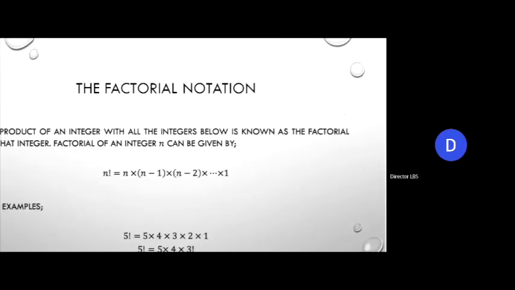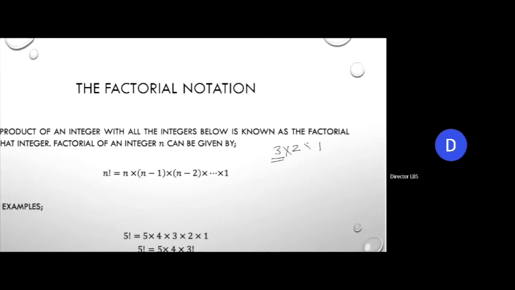Let's go ahead. जो एक mathematically function use होता है permutation combination में, one of the most important functions is the factorial notation. Now, what is factorial notation? The product of an integer with all the integers below it is known as a factorial of that integer. So let us suppose integer का मैंने आपको जब पहली क्लास ली थी उसमें number system मैंने cover किया था. I told you about what the integers are, right? Let us suppose there is an integer called 3. So 3 से छोटे कौन-कौन से integers हैं? Positive integers 2 and 1, right?